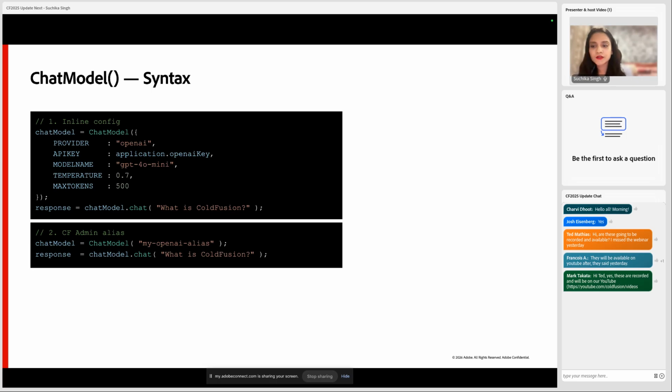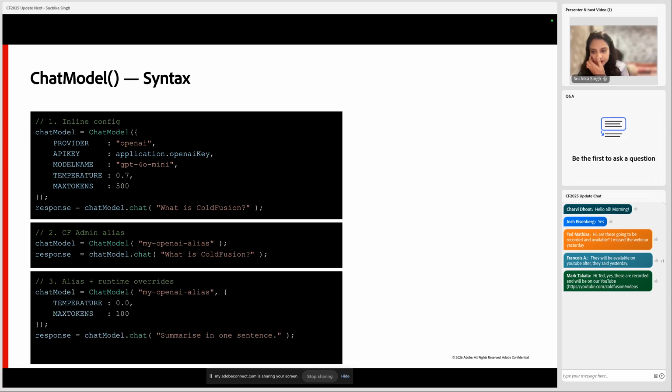And once you've defined them, you can use those aliases with the chat model function, and then again use the .chat method to send your prompts. You can again use the same alias, and if you want to override some of the config parameters, you can override that as well by providing another struct along with the alias, and then start calling the .chat